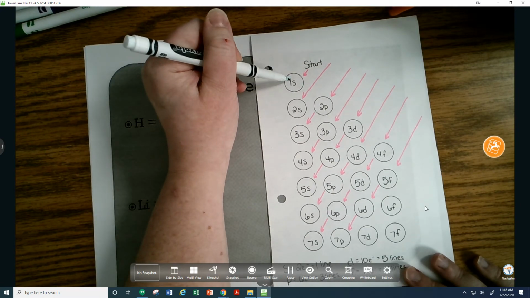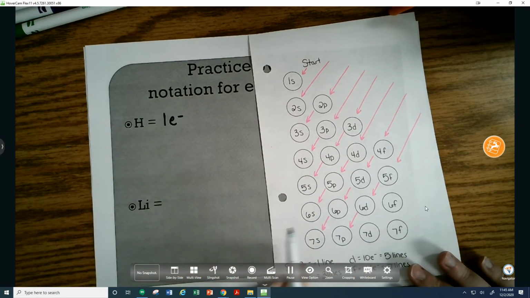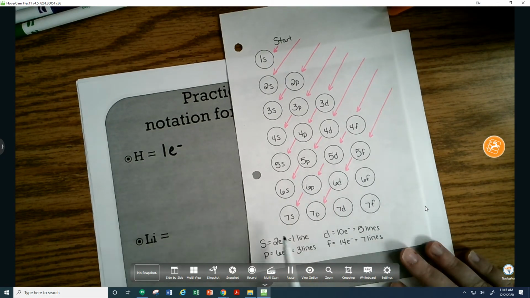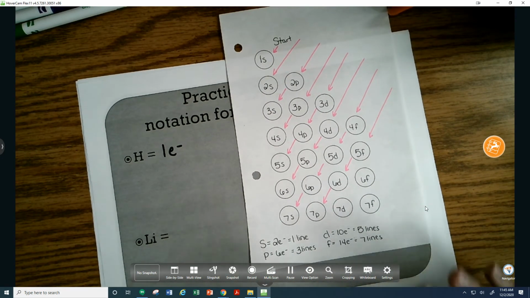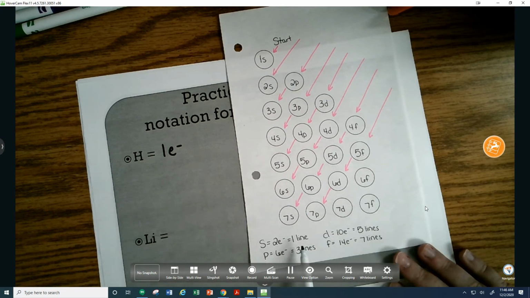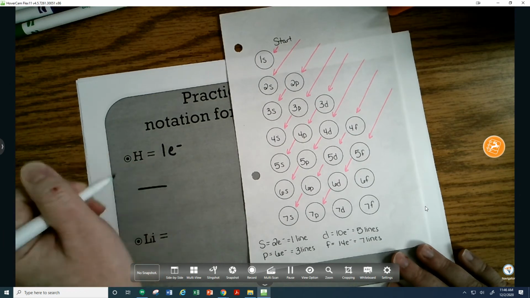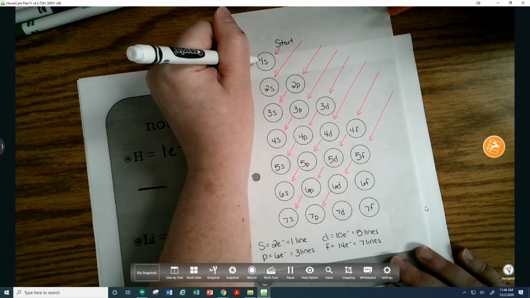So what I have here is 1s. An s orbital, that spherical shaped region, can only hold 2 electrons, and then it's full. It cannot hold more than 2. So we show that as one line. So what I'm going to do here is draw a line. I'm going to label it with the energy level and type